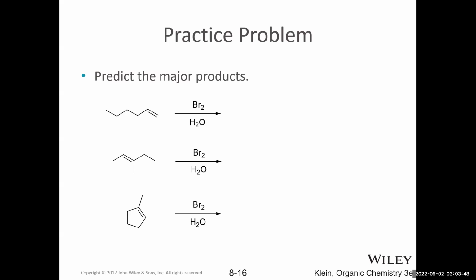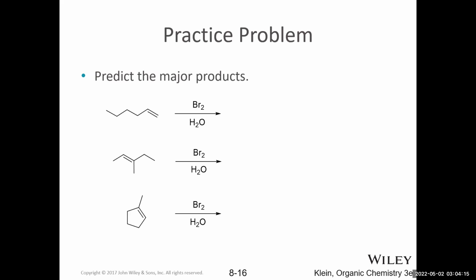So you want to remember that that OH group should go on the more substituted carbon, placing the bromine on the less substituted carbon. Then we want to think about stereoselectivity. Again, if you're not forming any stereocenters, we don't have to consider stereoselectivity. If you're forming one, it's always formed as a racemic mixture. If you're forming two, we want to remember that halohydrin formation is an anti-selective process.